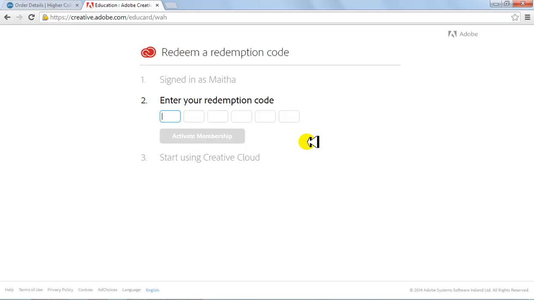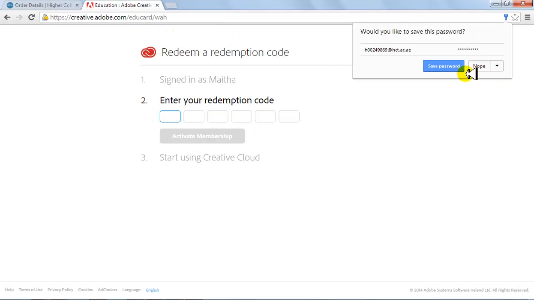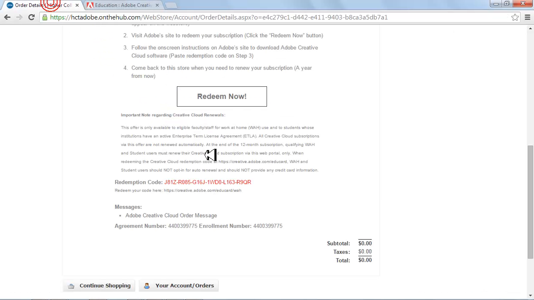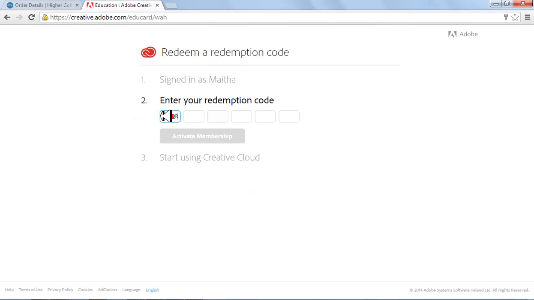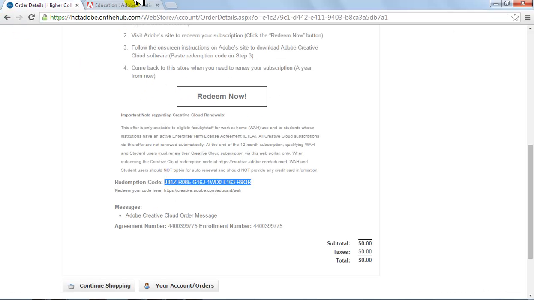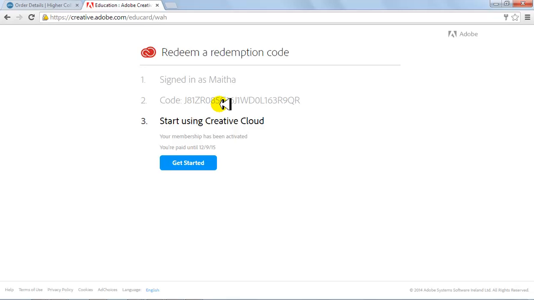When you do that, you should now see a screen like this which would ask you to enter your redemption code. So simply copy this code and paste it over there, and then just click on activate membership. If you're doing it the first time, it should activate your membership. If you are doing it again, this code was valid for only one time use, so it would only tell you that your code has already been activated, and now you can simply go and download the software. So you click on get started,